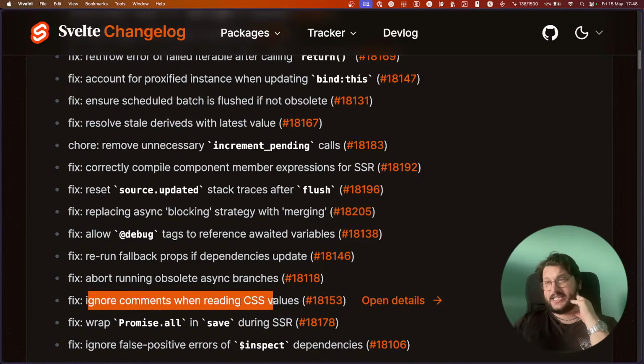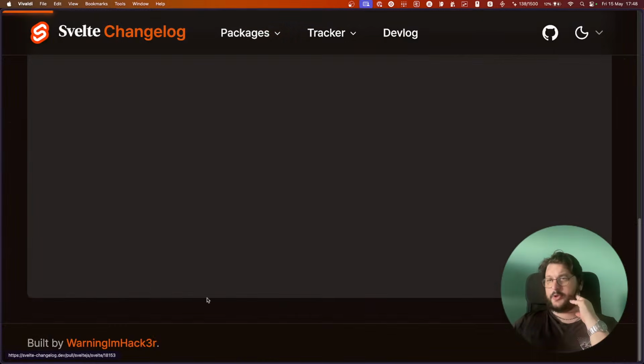Ignore comments when reading CSS values. I'm curious about this.